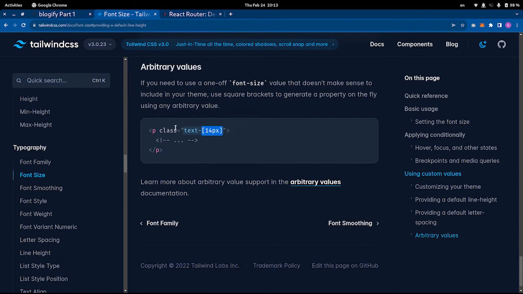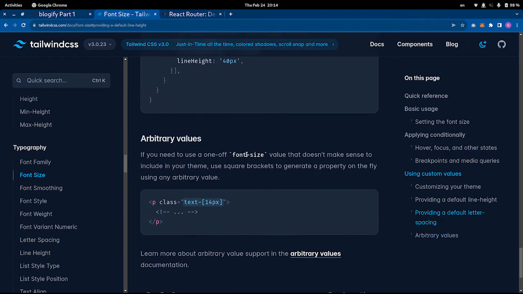So we can use custom sizing for everything inside Tailwind CSS like so, or we can go ahead and use the default configuration. For example, you can say text-3xl, and that 3xl means something to Tailwind CSS. Maybe it's 30 pixels, maybe it's 40 pixels, and all that kind of stuff. Whenever you have a question or trouble understanding the basics of Tailwind CSS, you can go ahead and search